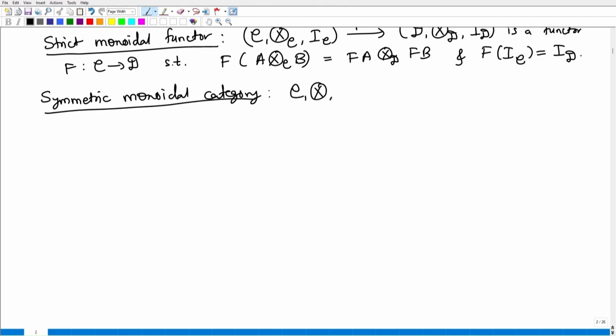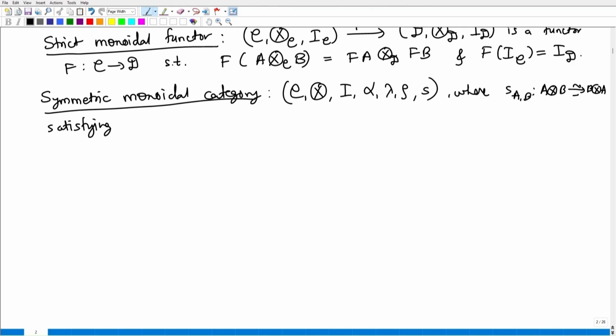You have C, tensor, I, alpha, lambda, rho and S, where S_AB is the component of the natural transformation S from A tensor B to B tensor A. The structure only gets one additional natural isomorphism S, but it satisfies something more, that whenever you have A tensor I and then you have I tensor A,